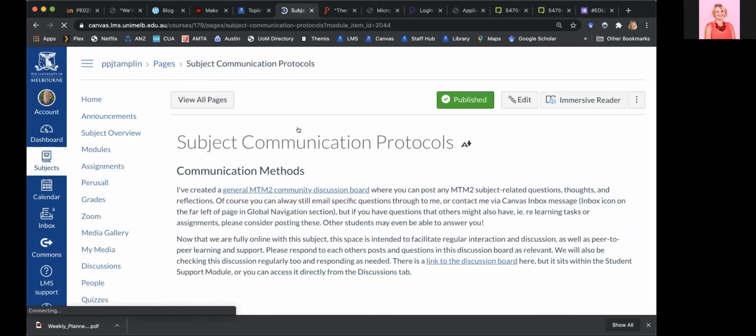Communication protocols. I've developed a community discussion board in Canvas where I'm getting them to post questions that might be generally about the subject or about assignments, and I'm encouraging them to respond to each other. There's been a fair bit of activity in there already this semester, which has been good. And then we have